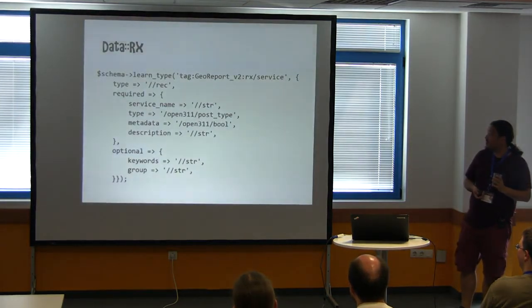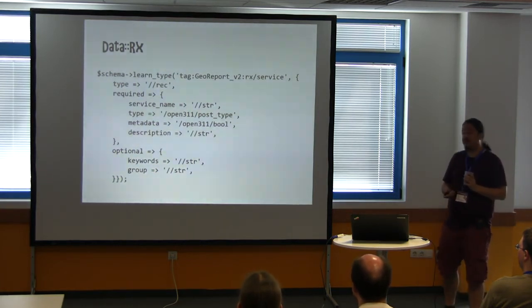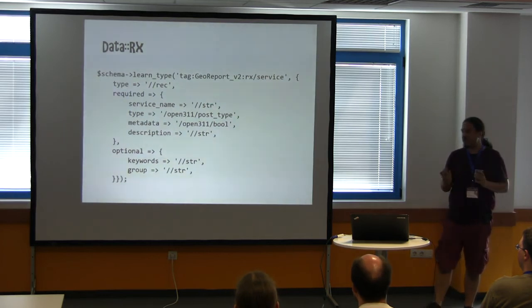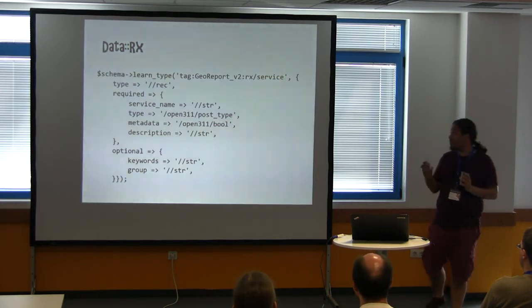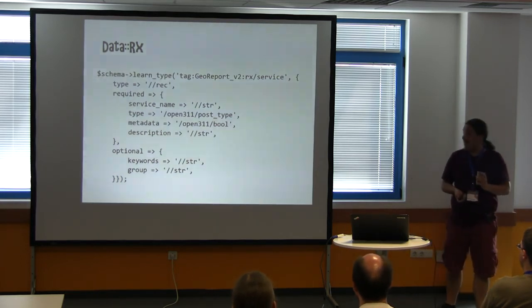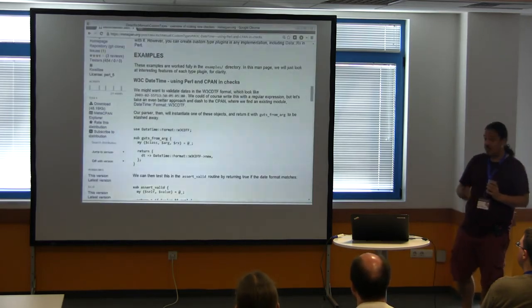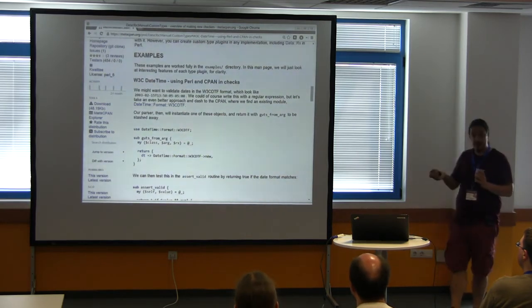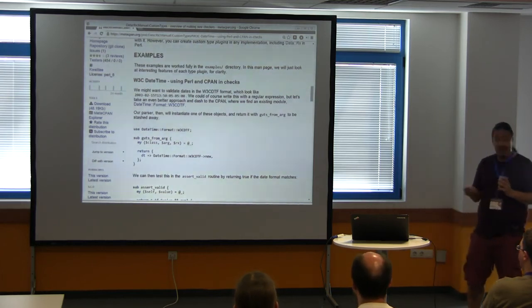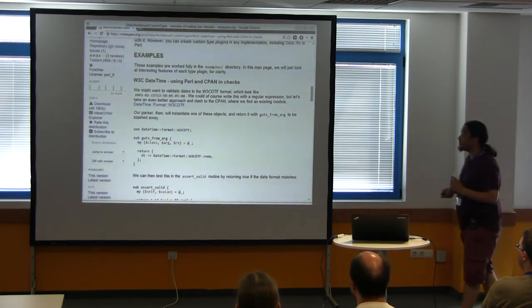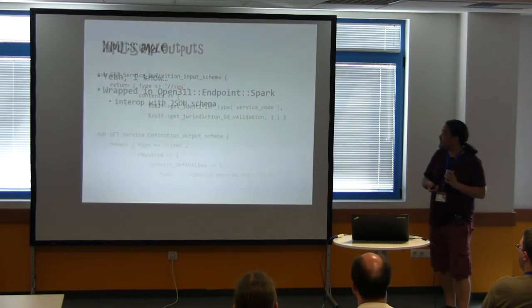So for information validation, a really nice bit of software called Data::Rx, which allows you to validate a data structure in the same way that you can do a validation of XML and so on. But it's a much more Perlish thing, and it's not very well known, I think partly because it didn't really have any documentation. So because of open source, I got really annoyed with that and ended up contributing some documentation which has got merged in. So this code, if nothing else, has improved the documentation for Data::Rx. So go away and check it out. Yeah, so we check inputs and outputs.